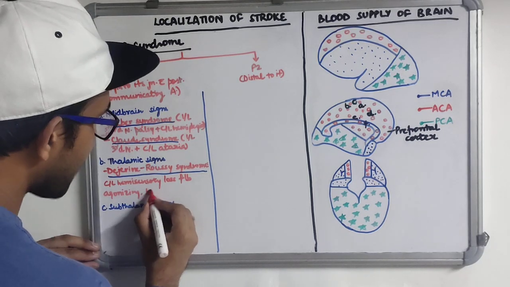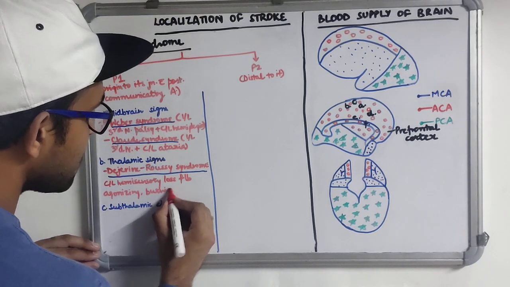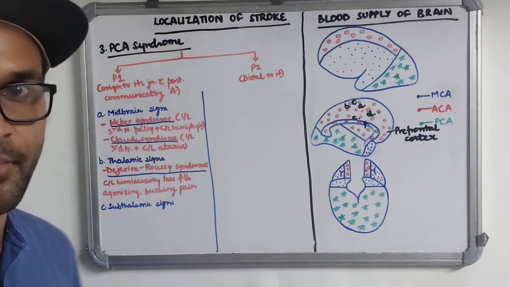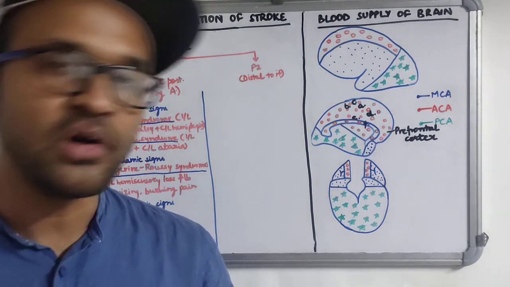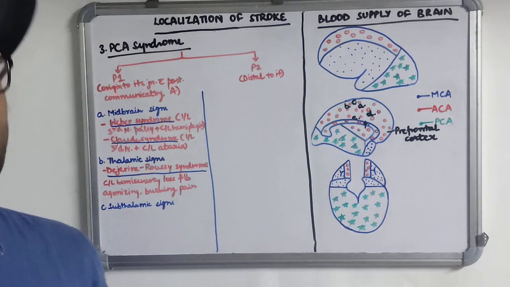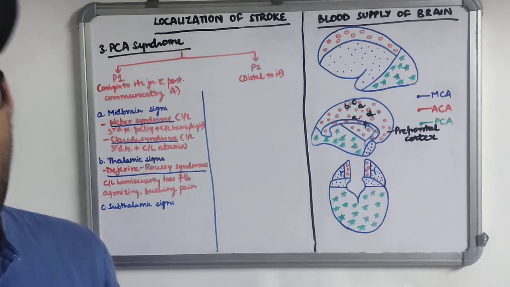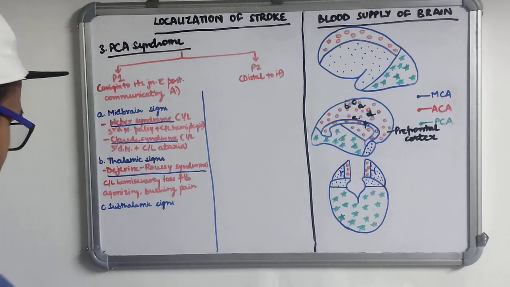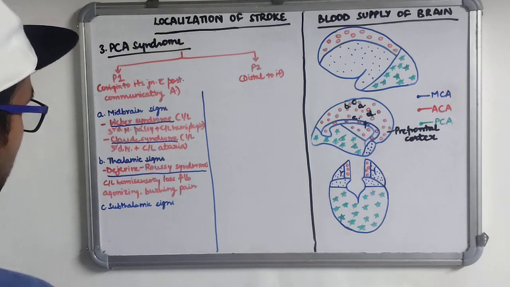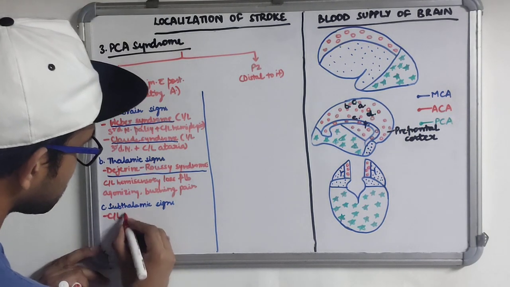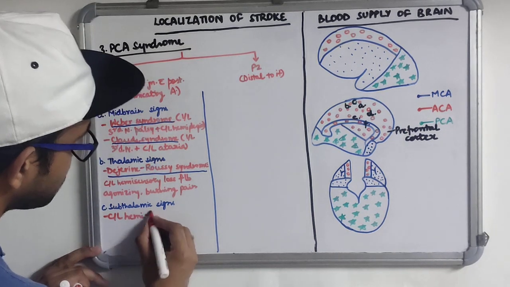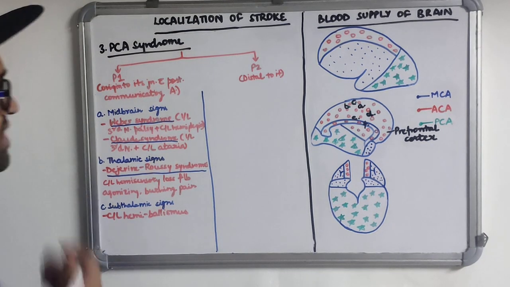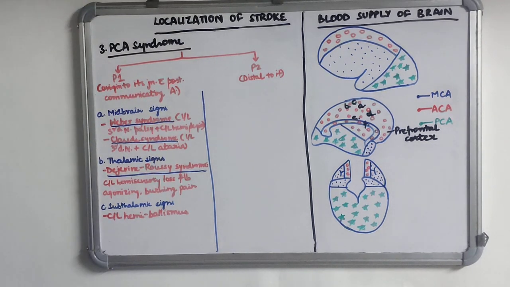Usually there is a dramatic description of this pain. The patient may explain to you that he has been bathed in acid. It is so severe. It is poorly responsive to analgesics, though tricyclic antidepressants and anti-epileptics like gabapentin or pregabalin may be beneficial. Now, due to involvement of the subthalamic nucleus, there is contralateral hemiballismus. So this is what happens if there is involvement of the P1 segment.